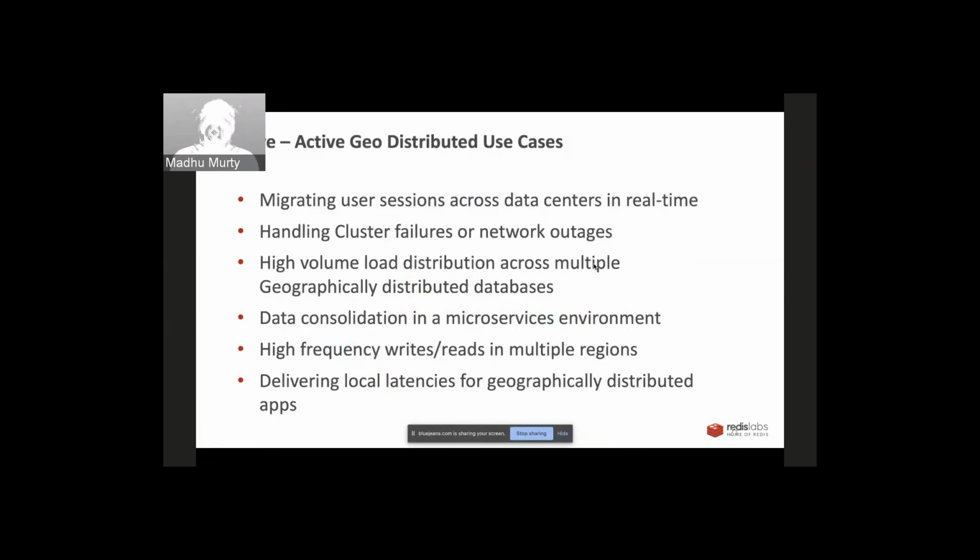Think about a financial customer where a user has a portfolio. He has invested in a lot of different regions. It could be Europe, the Americas, or APAC. And there's a stock ticker on his website or on his login page. As soon as they log in, they want to see how the stock market is behaving for those specific ticker symbols across the globe. Ideally, I don't want my application to be traversing the network to get the latest stock update from each of these